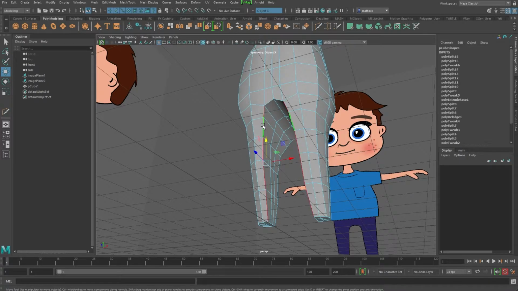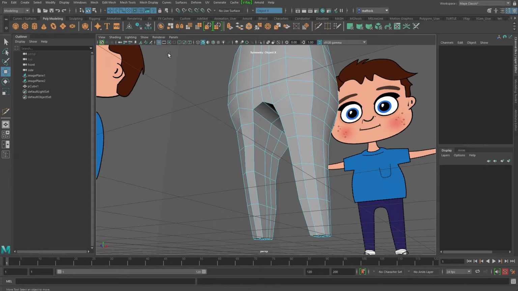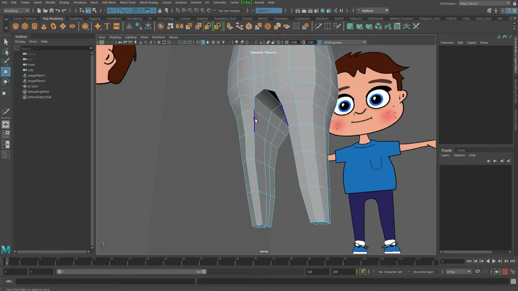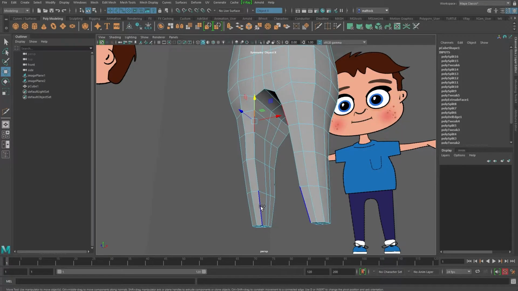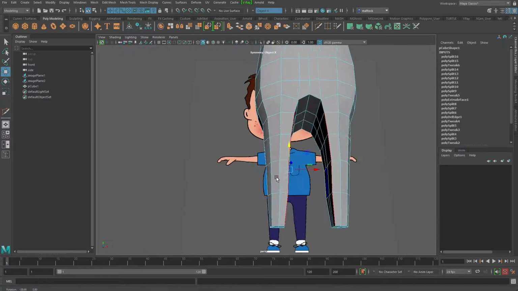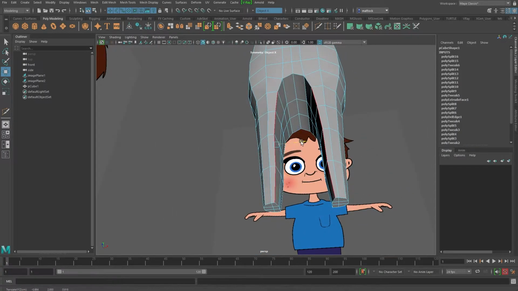If you double click, it will select a whole edge row, but sometimes that might go too far. So you can also do this. Let me just turn off the grid a minute, it's getting in my way. There's a little icon here. Click this. You can hold down the first one, go to the end and double click, and it will select from point A to point B. It's really useful.